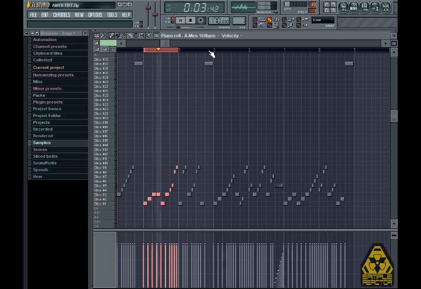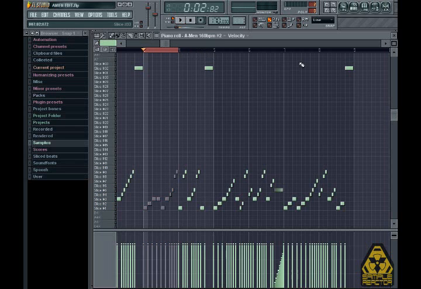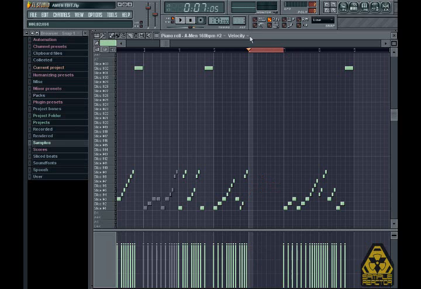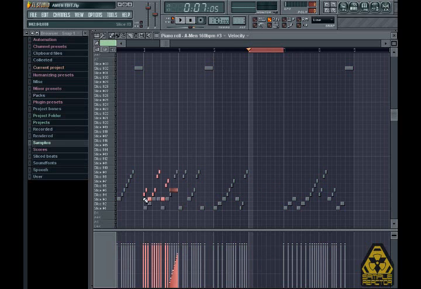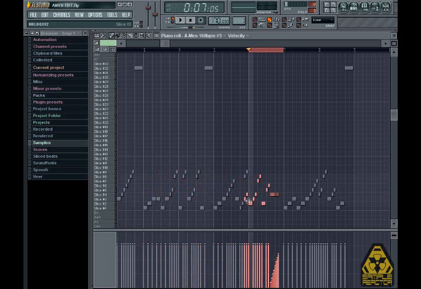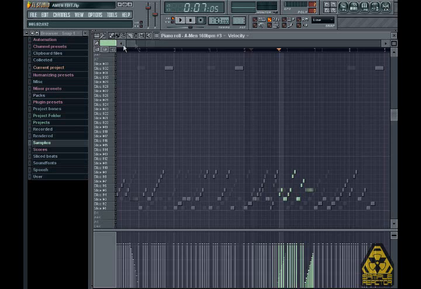Now we have, and then we're going to go back to the original, and let's use this little section here, Control X, switch over to the flanged, Control V, and then we're going to have to move it over. So now we have